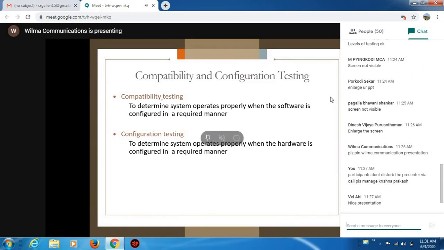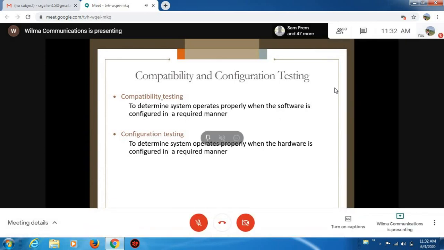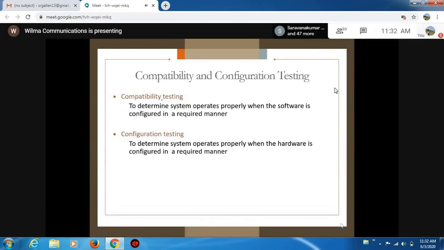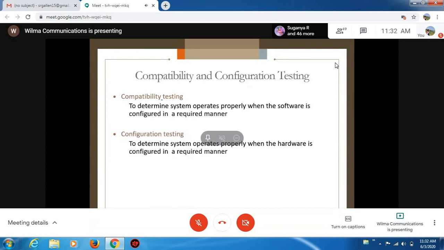Apart from this, we have something called regression testing, retesting and regression testing. So what is retesting and regression testing? Once the application has been developed, it undergoes testing. We are testing the product and finding the defects from that application. Once the defects have been identified, they are sent to the development team to remove the defects from the application.